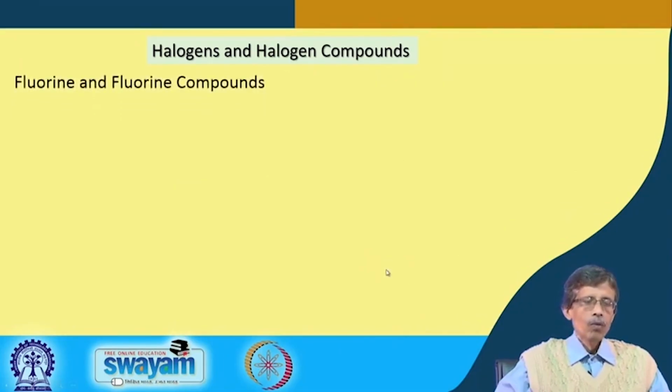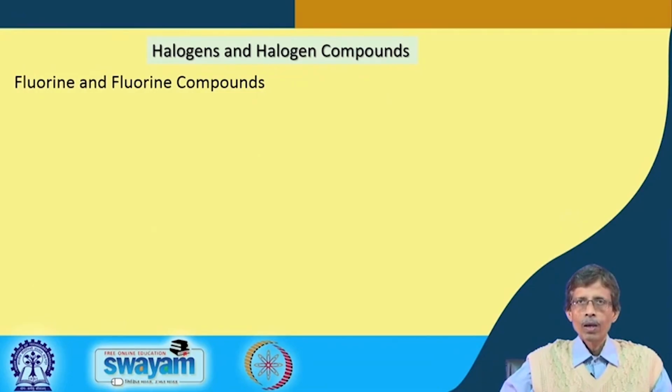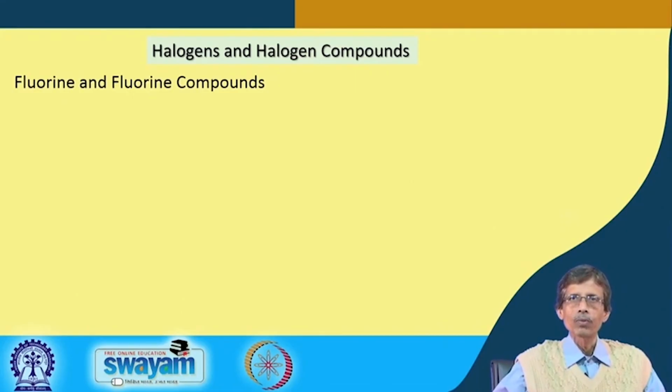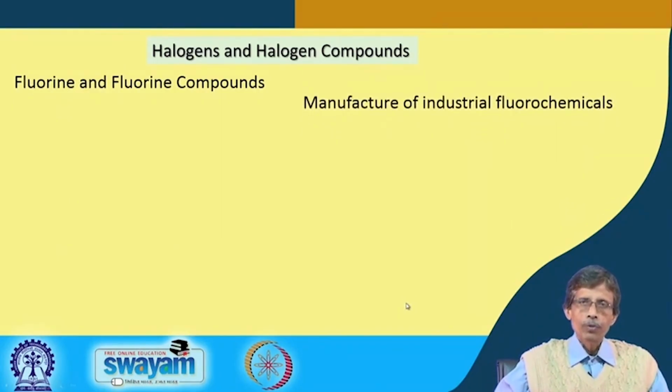compounds. First thing we will be talking about is fluorine and fluorine based compounds, because these are very useful compounds nowadays. Whether you have an organic molecule where you try to introduce a fluorine on the carbon center, that means instead of your carbon hydrogen bond you introduce a carbon fluorine bond, or the typical fluorine based compounds starting from fluorine gas, the F2 molecule, or hydrofluoric acid or sodium fluoride,